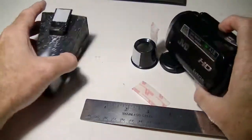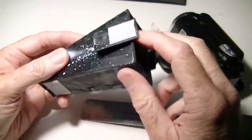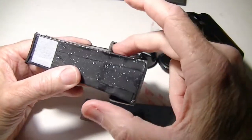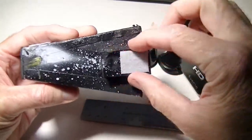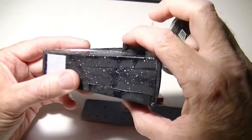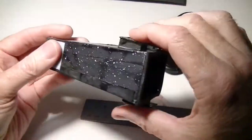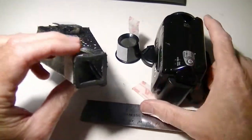So that's it. And he sprayed it with some black spray paint, and as far as I know, that's how he did it. This is just little pieces of wood here with a piece of tongue depressor right there, and you may not even want to do it that way, I don't know, and it's all just glued, hot melted, whatever. So that's it. I just wanted to show you my homemade viewfinder